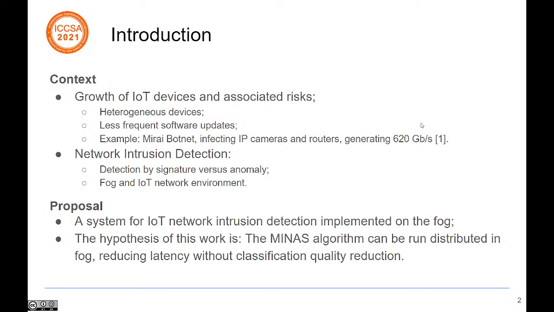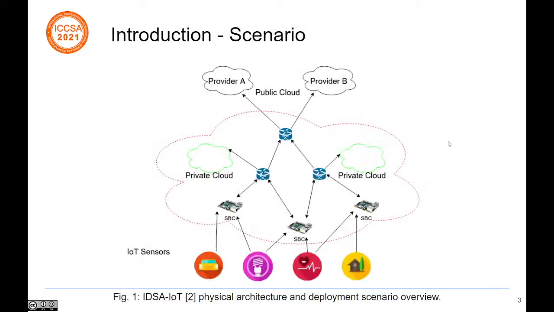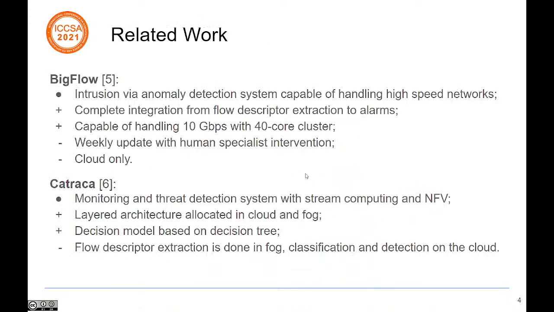Our scenario is a common IoT scenario where sensors at the edge communicate via gateways to the public internet. Traditionally, the risk is at the edges, and the power to detect such risks is in the cloud. We aim to reduce the detection latency by running the system on small fog computers nearest to the data source.